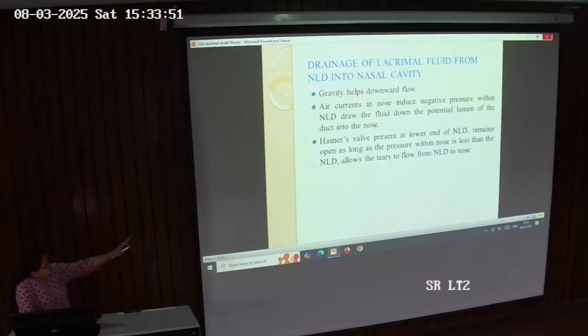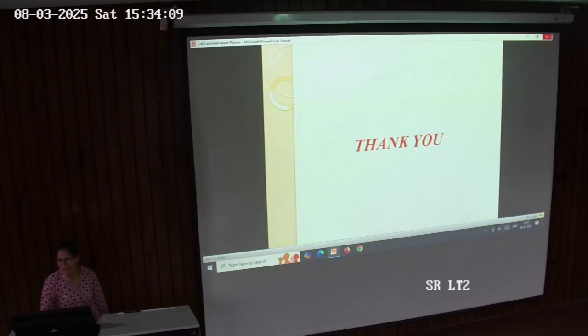These three factors are important for lacrimal drainage. One is gravity, second is the air current which creates negative pressure, and third is the valve of Hasner which opens as long as the pressure is less than in the NLD. So this is all about the anatomy of the eyelid and